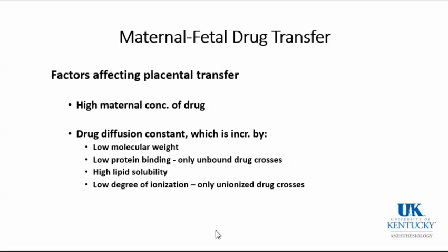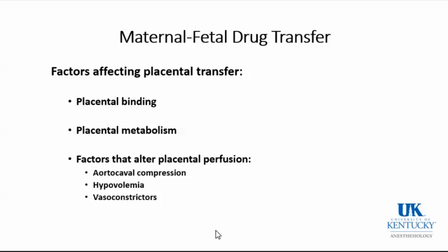High lipid solubility, so those that are water soluble are going to have much lower transfer. And then the degree of ionization, because just like only unprotein bound substances can cross, only those substances that are unionized can cross. So those are the major factors that are going to affect your maternal-fetal drug transfer from that